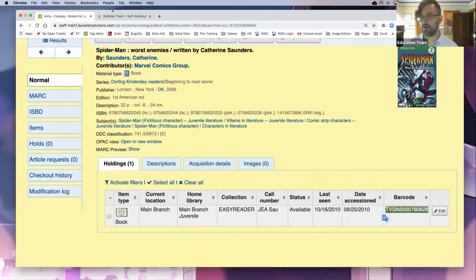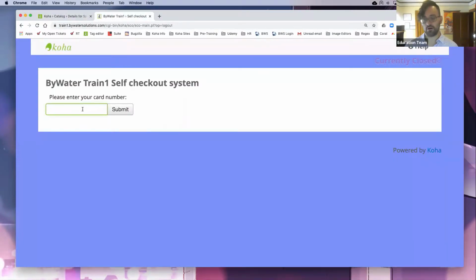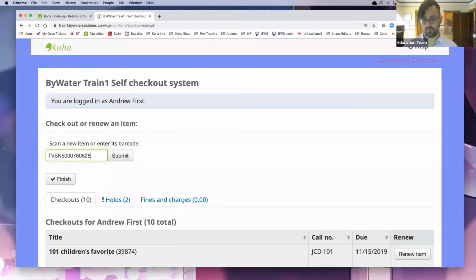So that I can check this book out to myself. Oh no, I logged out or timed out. Two changes here. First,